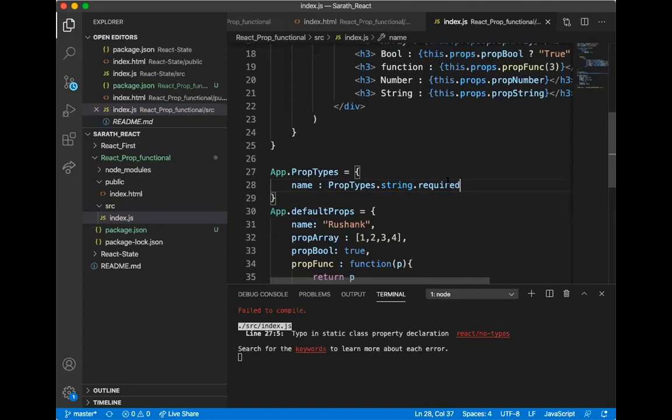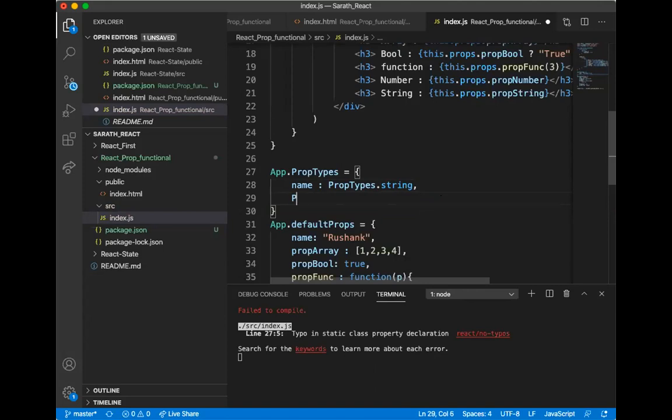One second. I think I have to declare here prop array. This prop array only I have to mention as a prop type.